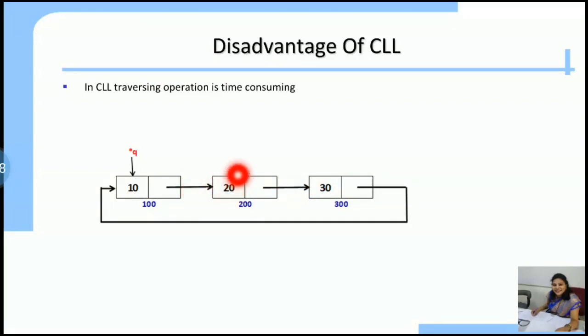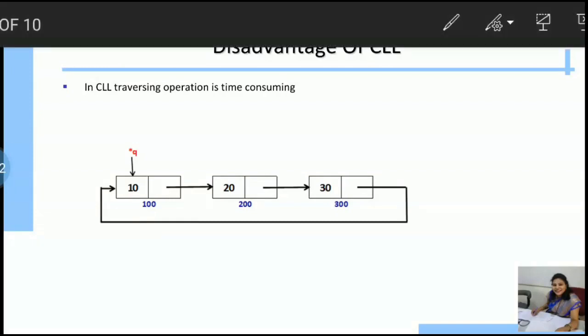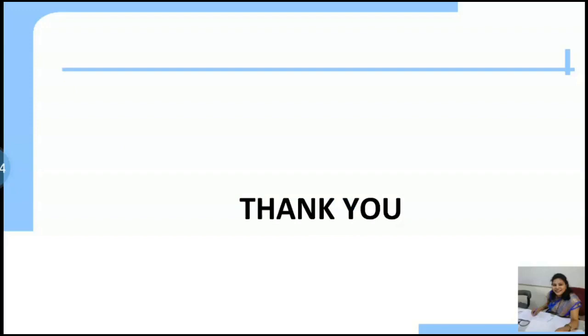But think, if 20 stores the address of the next node as well as the address of the previous node, then we can reach 10 by that previous node link. So this disadvantage of the circular linked list is overcome by the double linked list, where each node stores the address of the next node as well as the address of the previous node. Thank you.